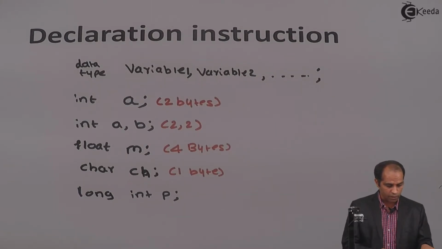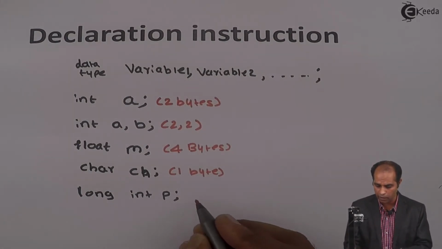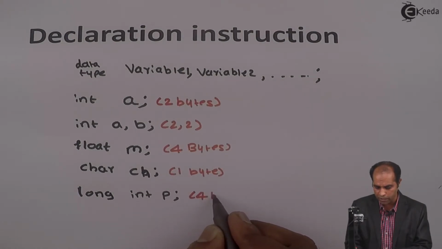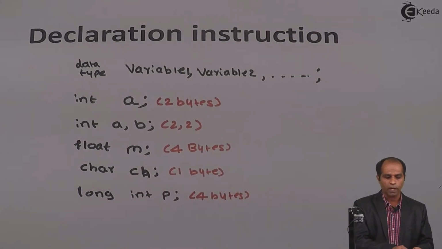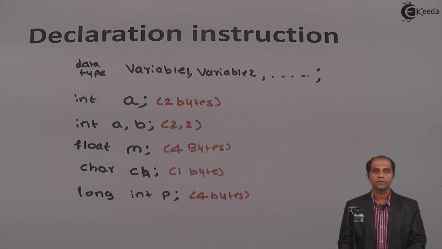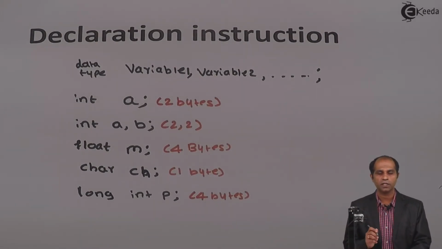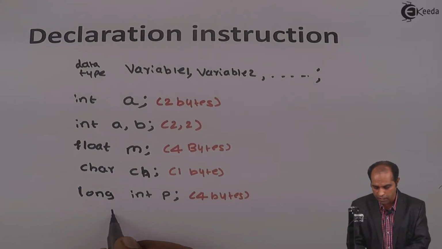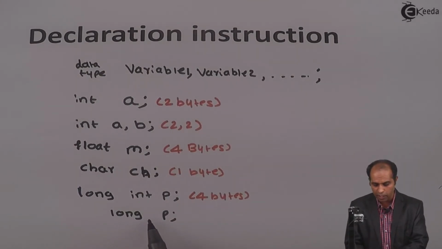Now what will be the size of that particular large value? If I calculate the number of bytes, this would be 4 bytes. Now 4 bytes is 32 bits. 32 bits minus 1 is 31. So you can store a number as large as 2 raised to 31 or as small as -2 raised to 31. Now not necessarily always it has to be long int p. You can modify this instruction as even long p. By default, the data type with this particular int keyword is always long.